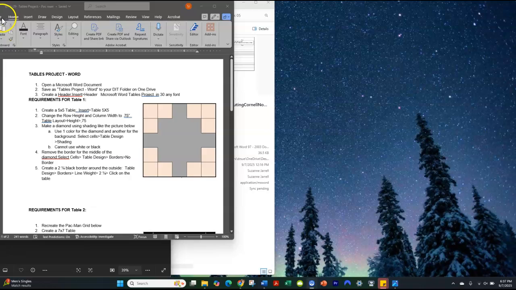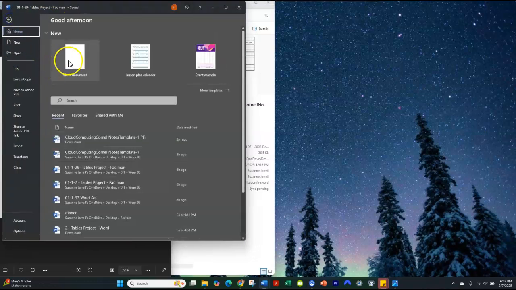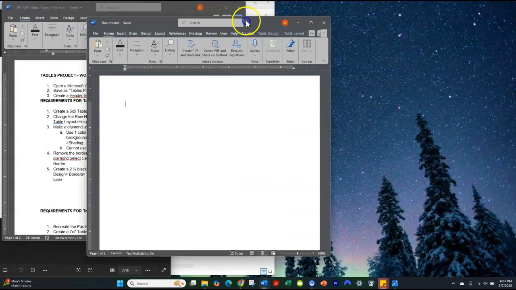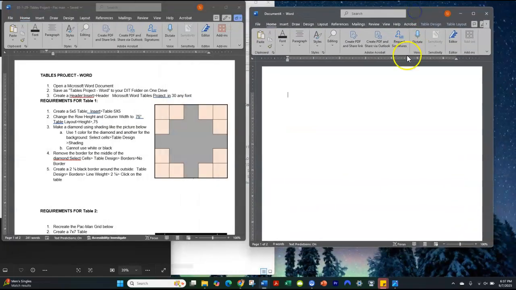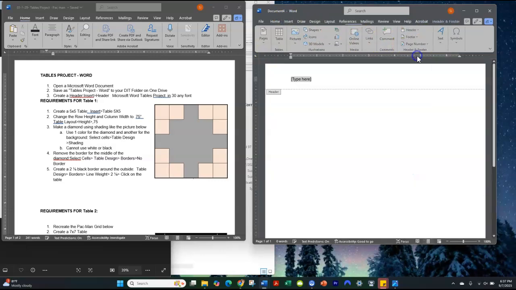So you would go to File, Blank Document. We're going to go ahead and move it over here so you can see both things. We're going to put in a header. To do that, it says here you will go to Insert and then a header. Click Yes. And then we're going to name it